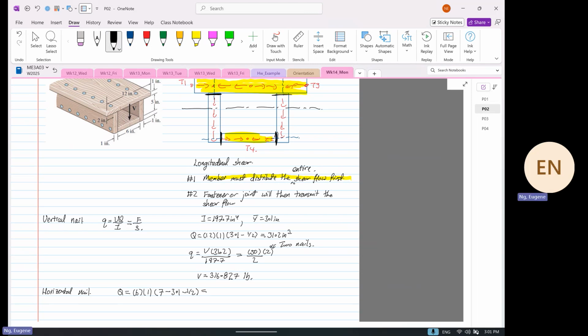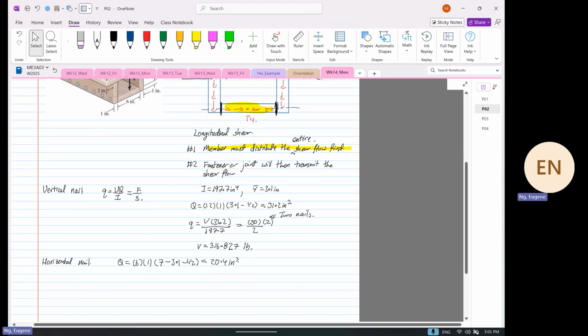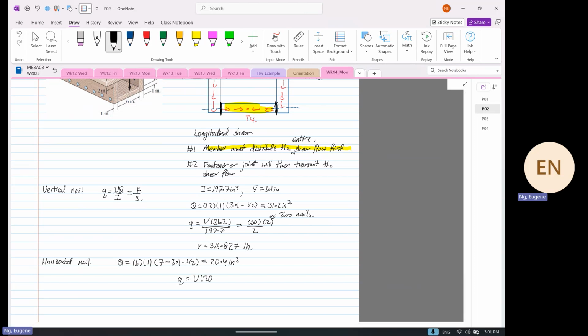Okay, so 7 minus 3.1 minus 0.5 times 1 times 6 is equal to 20.4. Then you use the same formula where we have Q is equal to V multiplied by 20.4 divided by